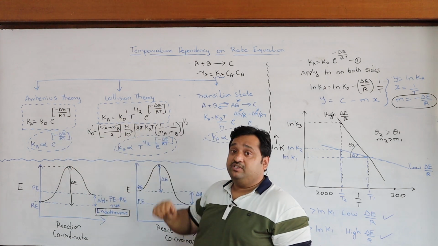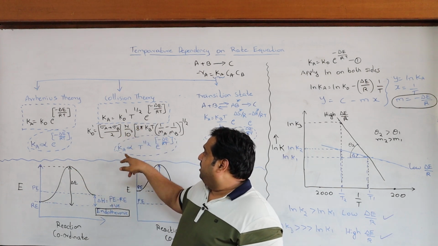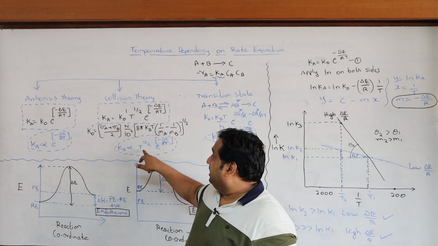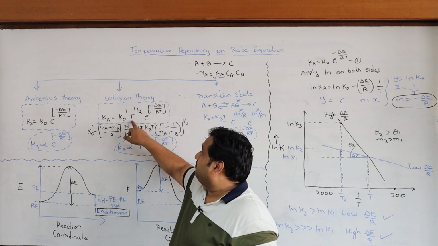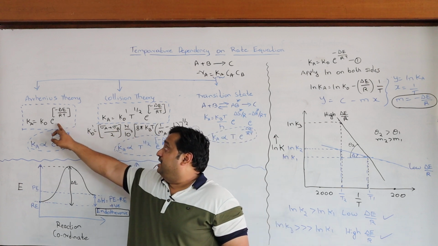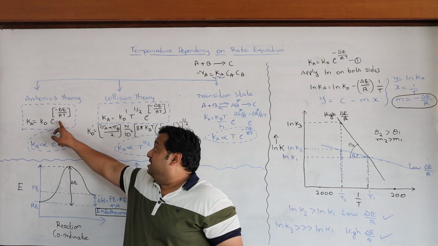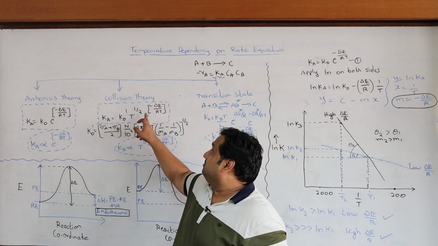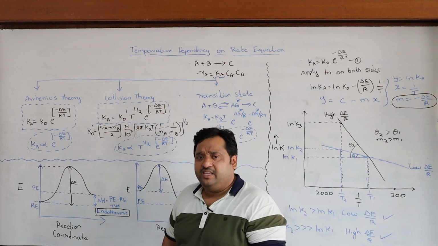Similarly, as per the collision theory, the value of the rate constant depends on T to the power half: Ka is equal to K0 dash into temperature to the power half into exponent of minus delta E by RT. You can see the additional term here: in Arrhenius there is no temperature term before the exponential term, but here the temperature term has come before the exponential term, and this is because as per collision theory